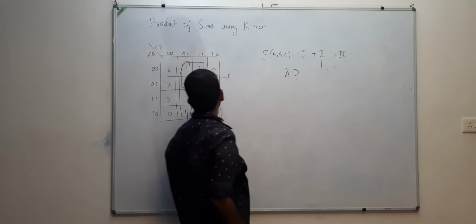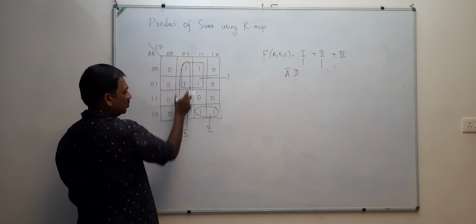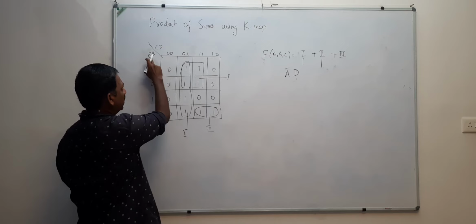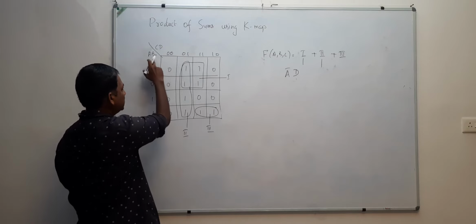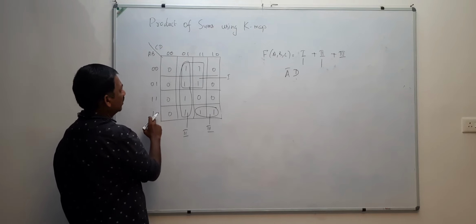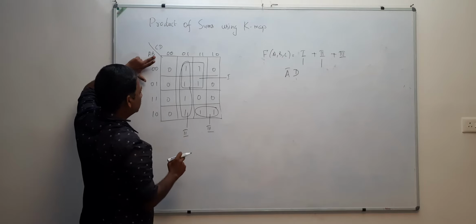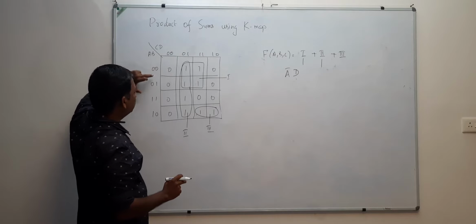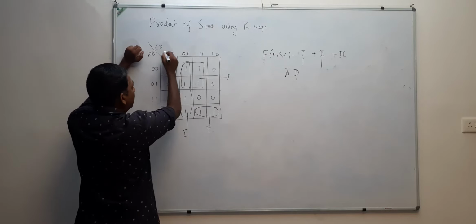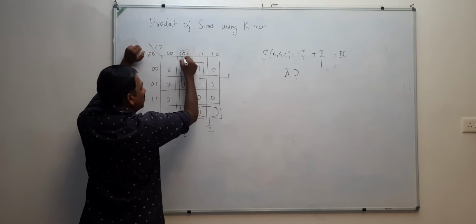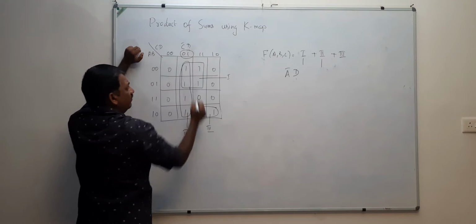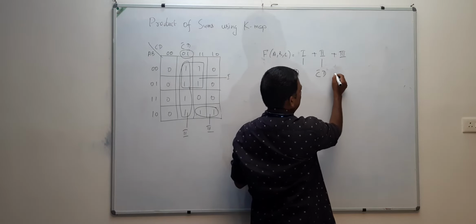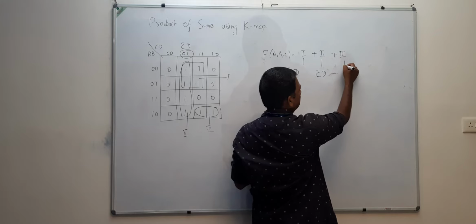And what is 2? 2 is this column as a whole. In this column, A changes from A to A bar and B changes from B bar to B, or B to B bar. That means the A and B terms cancel each other. A and A bar are there, so that will be cancelled, and B to B bar also will be cancelled. And the CD terms, what is this? This is C bar D,